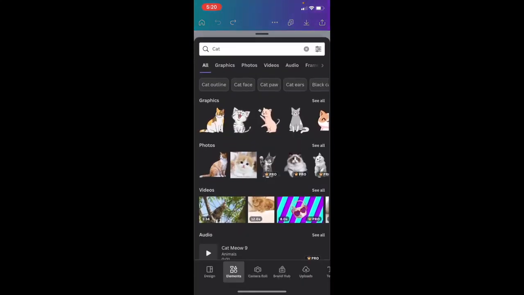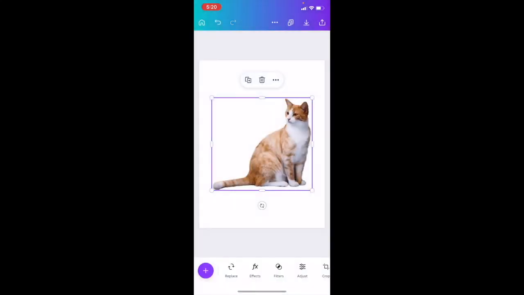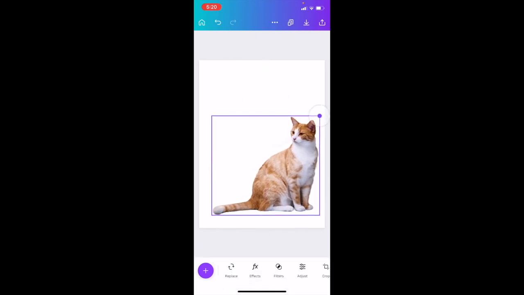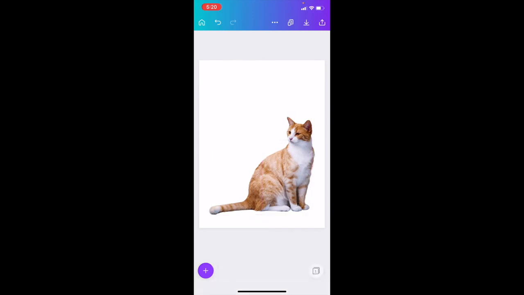So if I just wanted to create a YouTube thumbnail, for example, I'm just going to go to the bottom left. I'm going to find this cat right here. All right, I'll make it a little bit larger. There you go. So if you wanted to add a red arrow to this for whatever reason, just go to